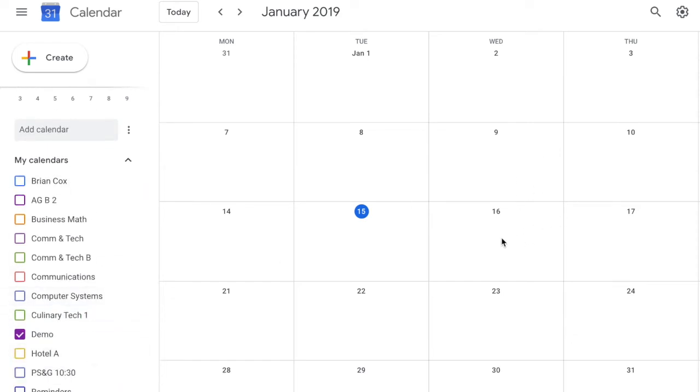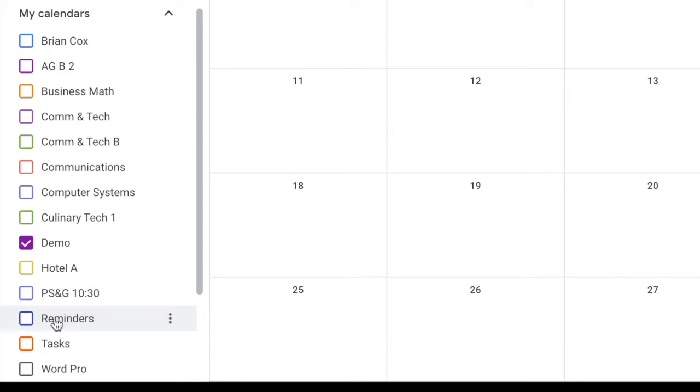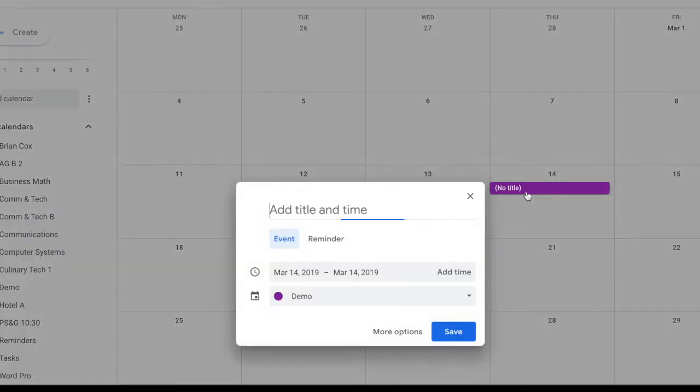Okay, so when I want to make an event, well, there's two things. I can make an event here. This is a stationary moment in time, but there's also reminders, and you can also turn on your reminders calendar, and reminders are different. So if I turn on reminders right now, if I go to this day, the 14th, you can see I can either make an event, which is a moment in time that doesn't change, and a reminder does change. So if I'm giving myself a reminder, let's say to, I don't know, pay for lessons,